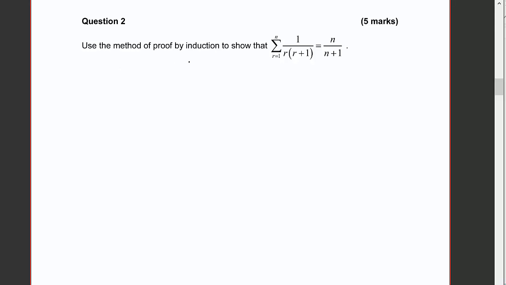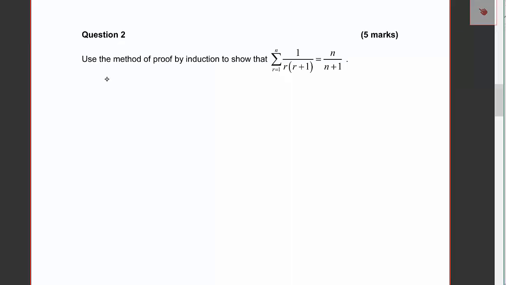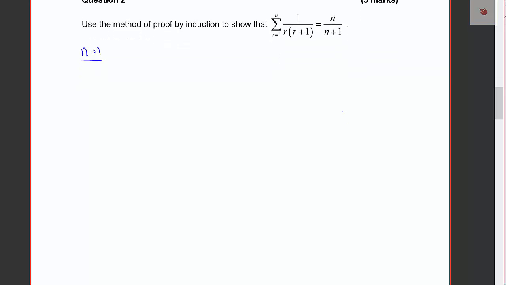Use the method of proof by induction to show that the sum from 1 to n of 1 over r(r plus 1) is equal to n over n plus 1. So first thing always with proof by induction is we try the n equals 1 case, and in this case